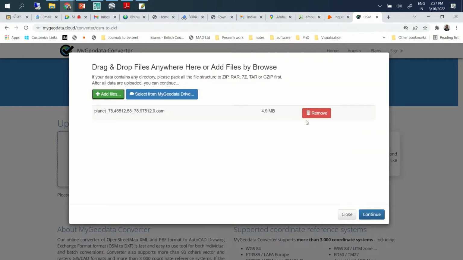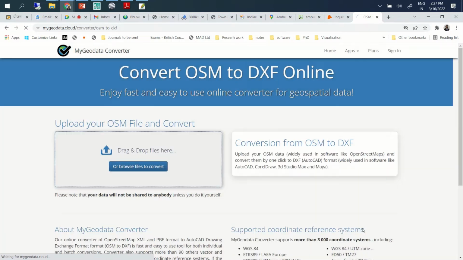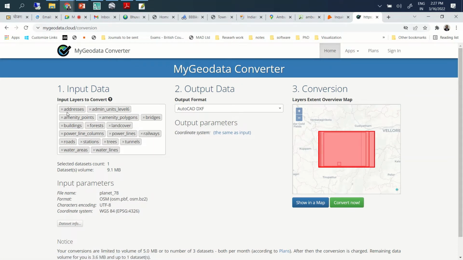Once you do that, it says these layers are available. This input layer, that is OSM data, shows certain information that is available, for example roads, trees, which will be directly useful for us, water areas, water lines, bridges, and so on.